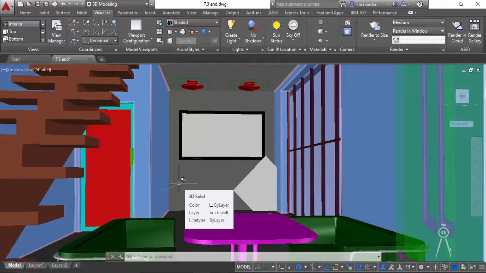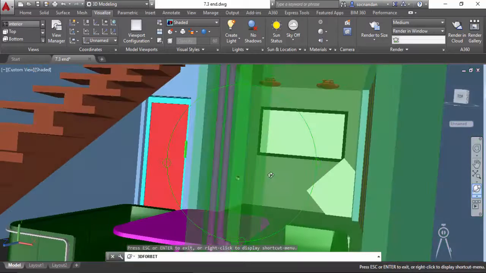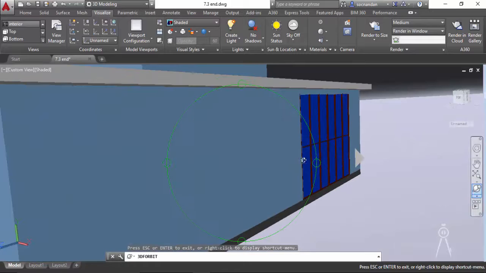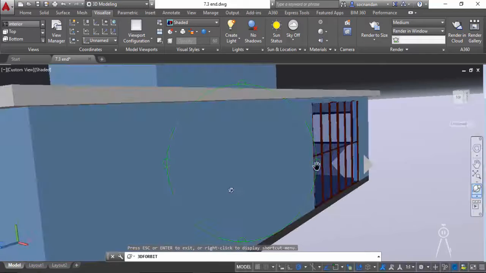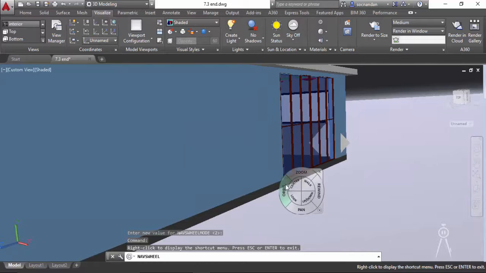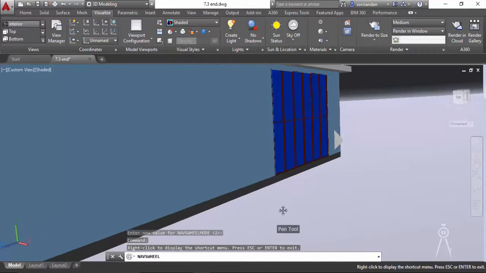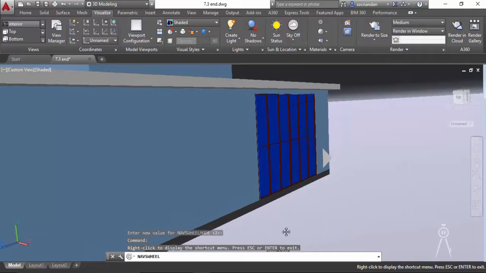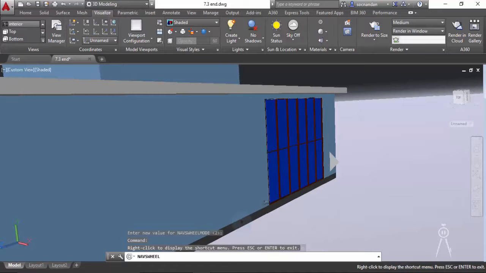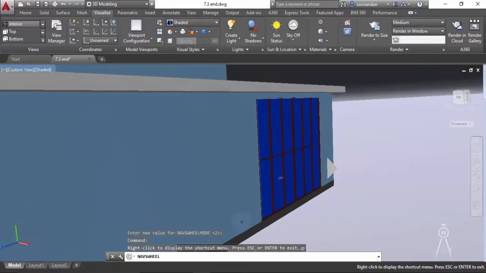In a similar way, we can create an exterior view as well. So for that, I'll orbit this drawing and I'll move to the exteriors like this. Let's zoom into this area, and once again we can fine tune the adjustments here. So let's bring the navigation wheel once again. So go to this navigation wheel and now let's select this pan so that this drawing can be moved in a proper way. And also I'll select this walk and move in the forward direction a little bit like this.